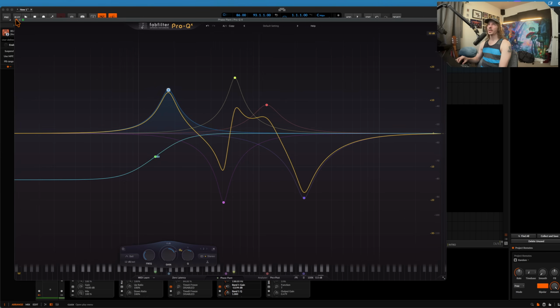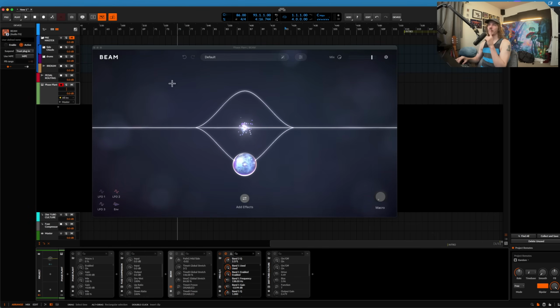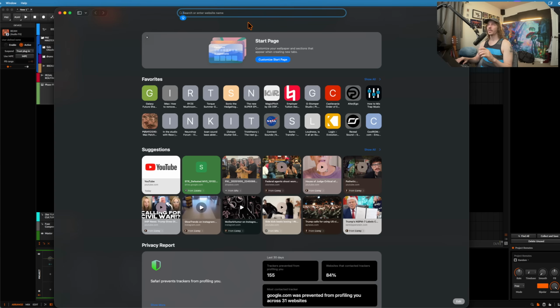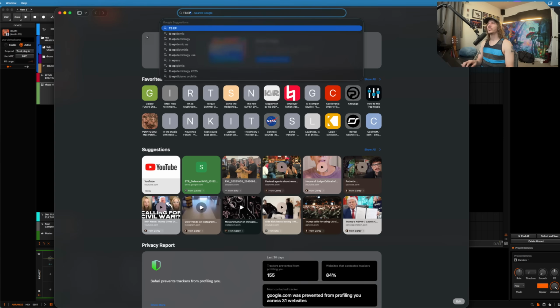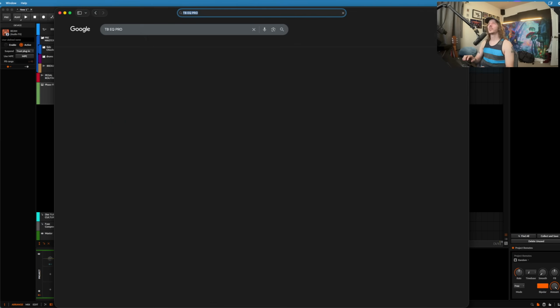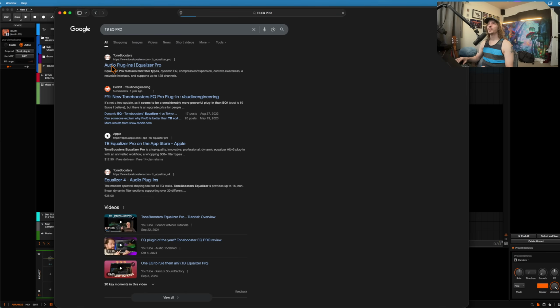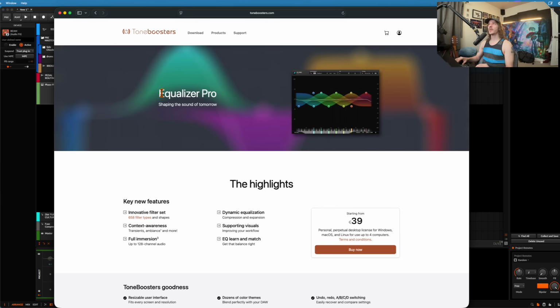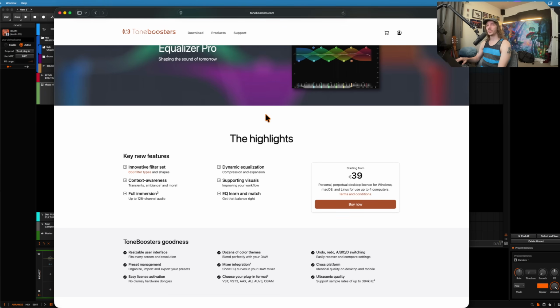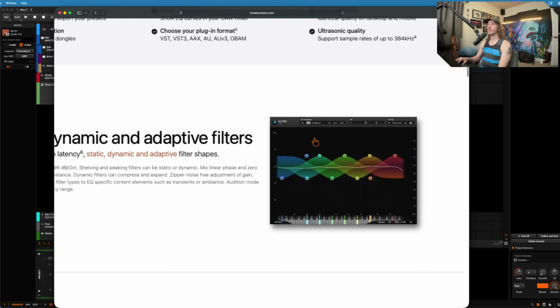One thing that I will say is there is a runner up that I don't have on the computer, but it's on my iPad that I think is worth checking out. It's called TBEQ Pro, I believe, from Tone Boosters. And this would actually be a great recommendation if you don't feel like investing within FabFilter, but